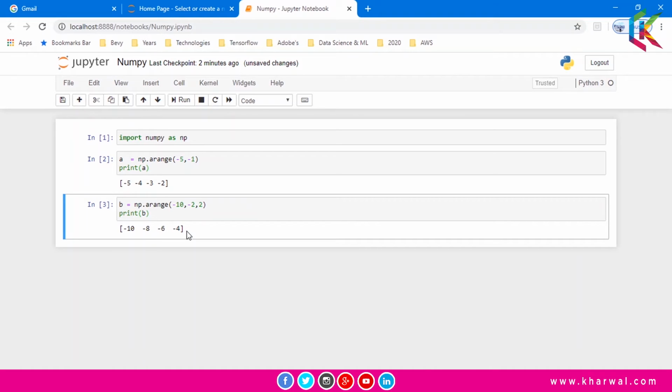Now moving on to the next topic, and that is counting backwards. When we want an array with the values decrementing from left to right, in such cases we can use the arange function with a negative value for step size and with the start greater than stop. So let's take an example of this counting backwards.